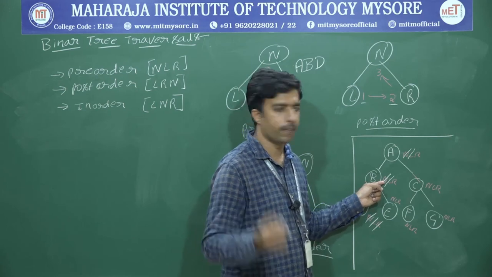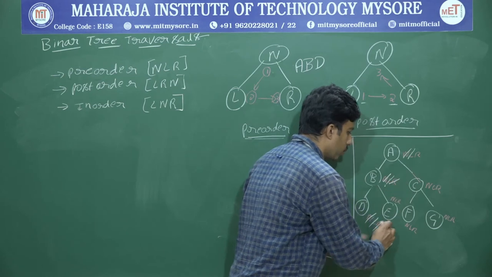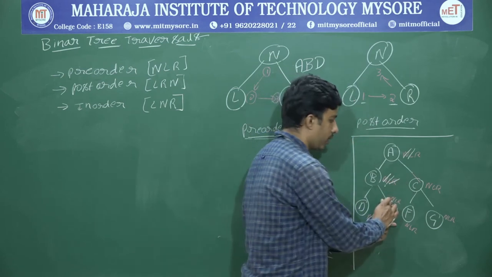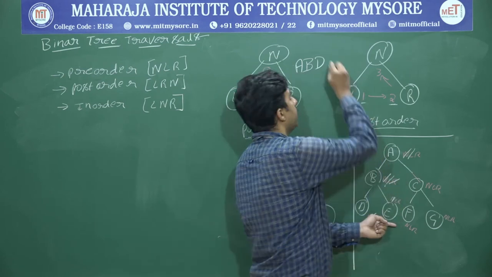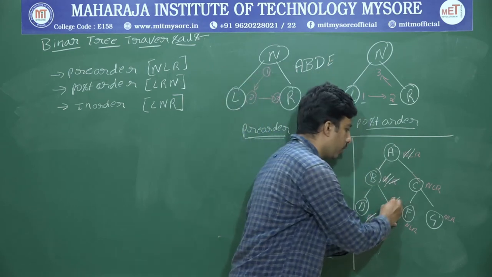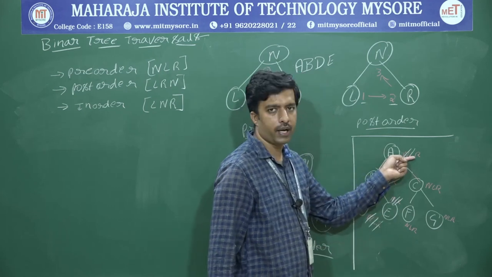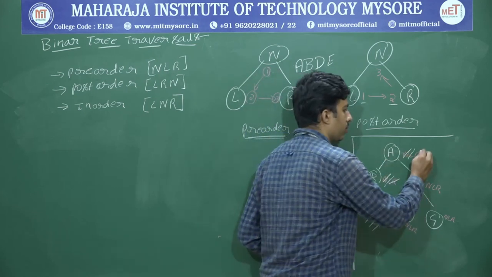Okay, it is a recursion method. Okay, see right is there, yes. Encountered, go to E. Okay, E, node encountered, yes. Printed, print the value E there. Okay, next left is there, no. Right is there, no. Okay, go back. Okay, here is also over. Okay, here right is not encountered so far.